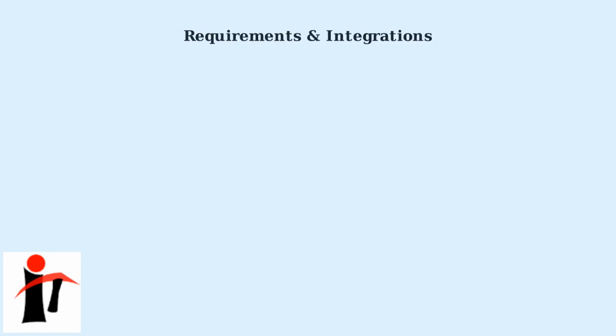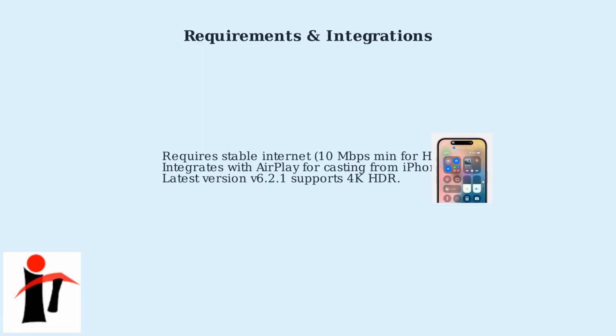The app requires a stable internet connection with at least 10 megabits per second for HD streaming. It's optimized for Apple's ecosystem, integrating with AirPlay for casting from iPhones. The latest version 6.2.1 includes improved streaming and 4K HDR support,